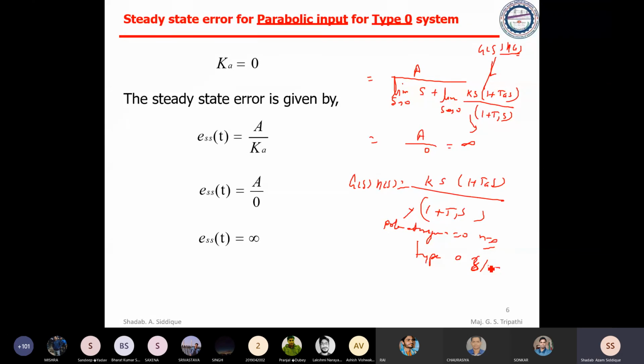अब टाइप जीरो सिस्टम दिया है, इसमें इनपुट क्या दिया है आपको? इनपुट आपको यूनिट स्टेप होगा, स्टेप इनपुट है ना? यस सर, यूनिट। वेरी गुड, सर। स्टेप इनपुट दिया हुआ है, ठीक है, हाँ पता है मुझे, स्टेप इनपुट दिया हुआ है। यूनिट स्टेप नहीं, स्टेप इनपुट है। स्टेप इनपुट इज नथिंग बट a डिवाइड बाय s, दैट्स व्हाई a and s is coming here, a डिवाइड बाय s is given। सो यहाँ पे कुछ नहीं था, a डिवाइड बाय s क्या आ गया, स्टेप इनपुट। अब यहाँ से आपने निकाला कि ये आपने यहाँ से फाइंड आउट किया है, ESS डायरेक्टली फाइंड आउट किया है, नॉट KP नॉट K। सो ESS आपको क्या आ गया, इनफाइनाइट आ गया है, ESS इज बिकम इनफाइनाइट ना,